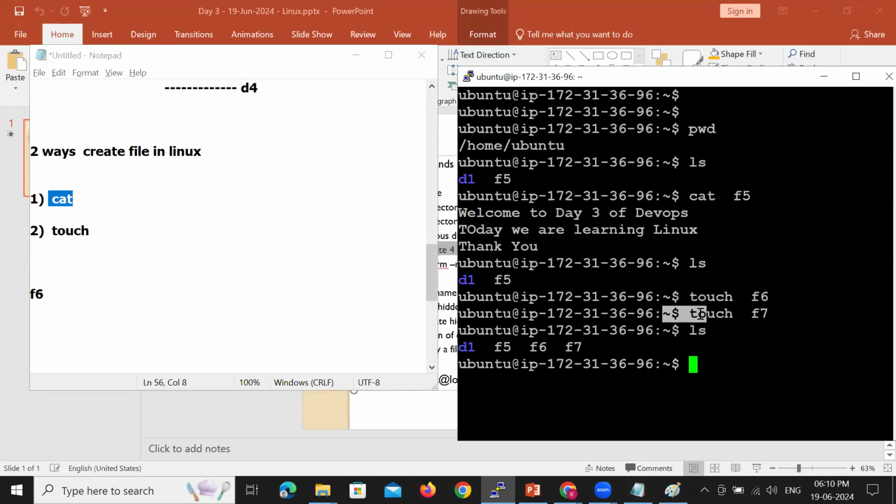The point is, the touch command will help you to create an empty file. If your requirement is to create an empty file, and later you will be writing the data, but right now you just need to have a file, that's all. You can open the file and write the contents into the file later, I'll show you. But if your plan is to create an empty file, you can quickly do it using the touch command. So the touch command will help you to create which file? An empty file.